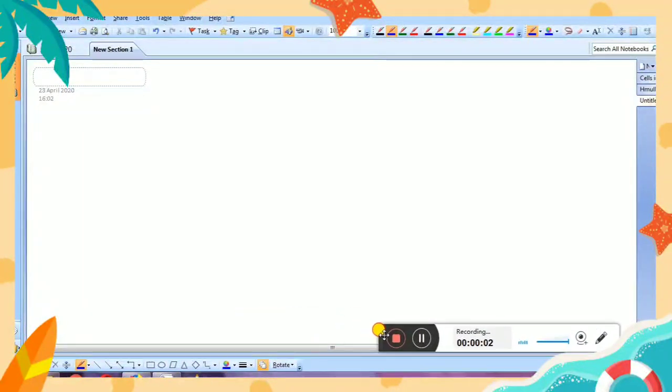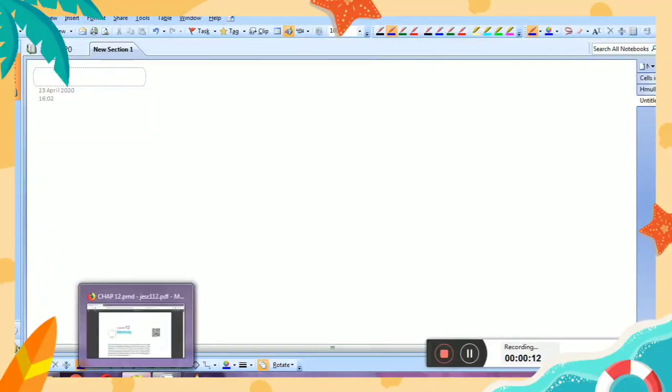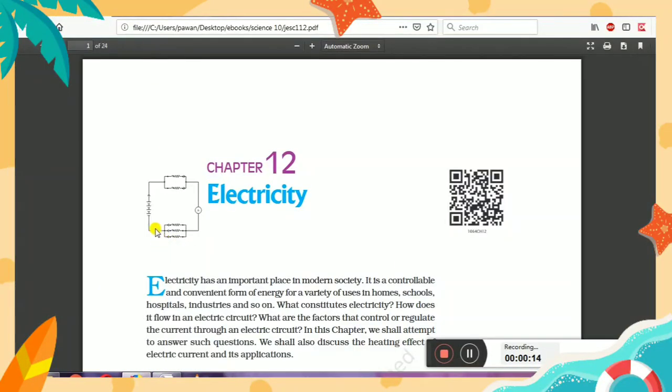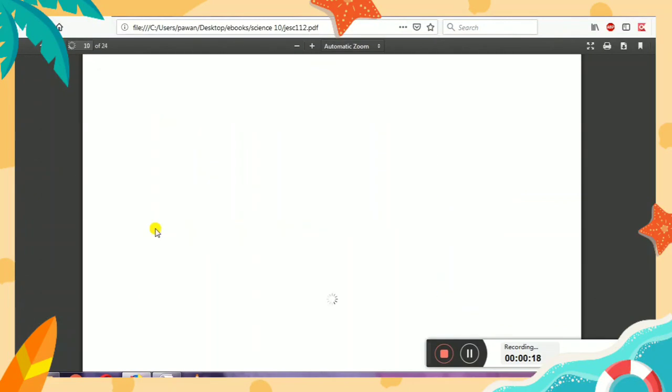Good morning, everyone. Today we will study the remaining part of electricity, and today itself we will finish this chapter. In the last lecture, you studied a combination of resistors in two modes: resistors in series and resistors in parallel.